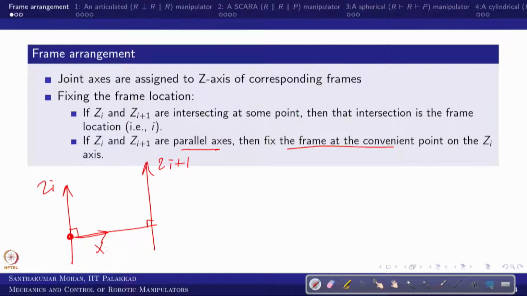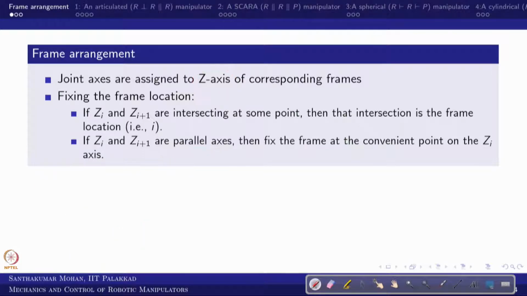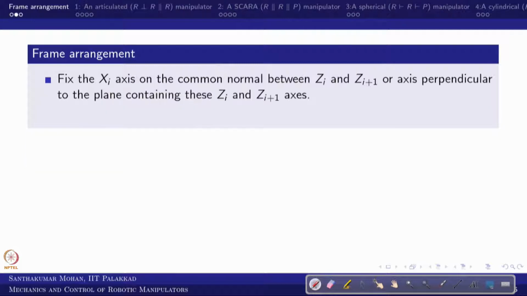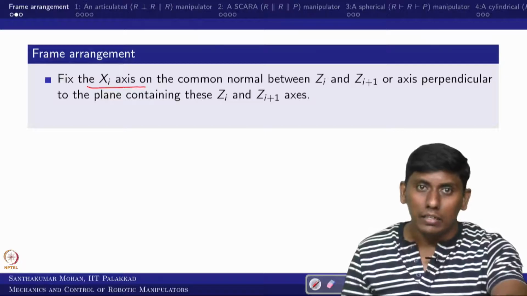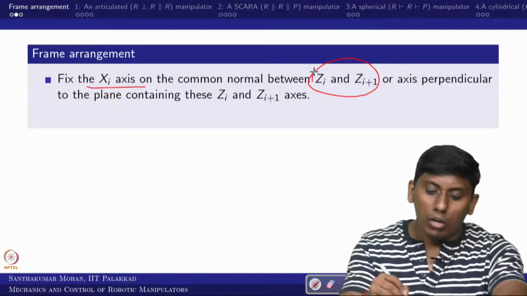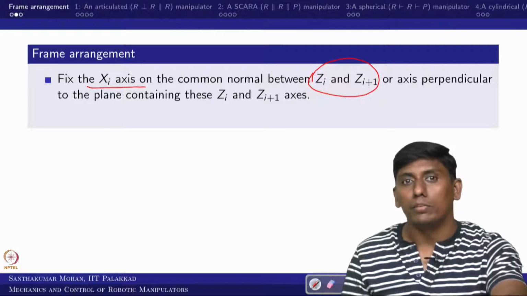Now what we have seen is the z axis arrangement. Based on the z axes, we can find the fixing of the frame. So what else do we need to know? We all know this would have a 2 axis system, so obviously we then have to see how to fix x. Fixing xi is always easy, because it is based on the nature of zi and zi plus 1.